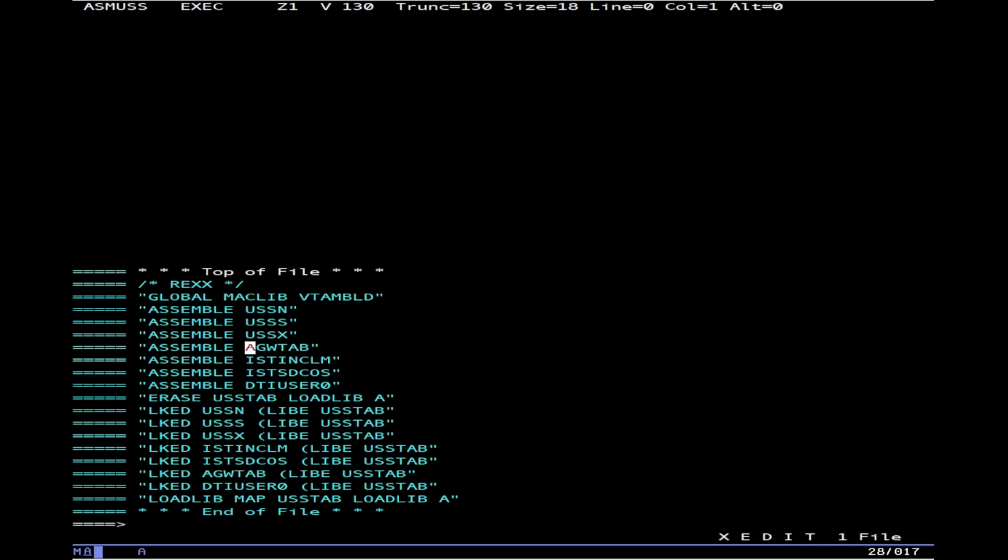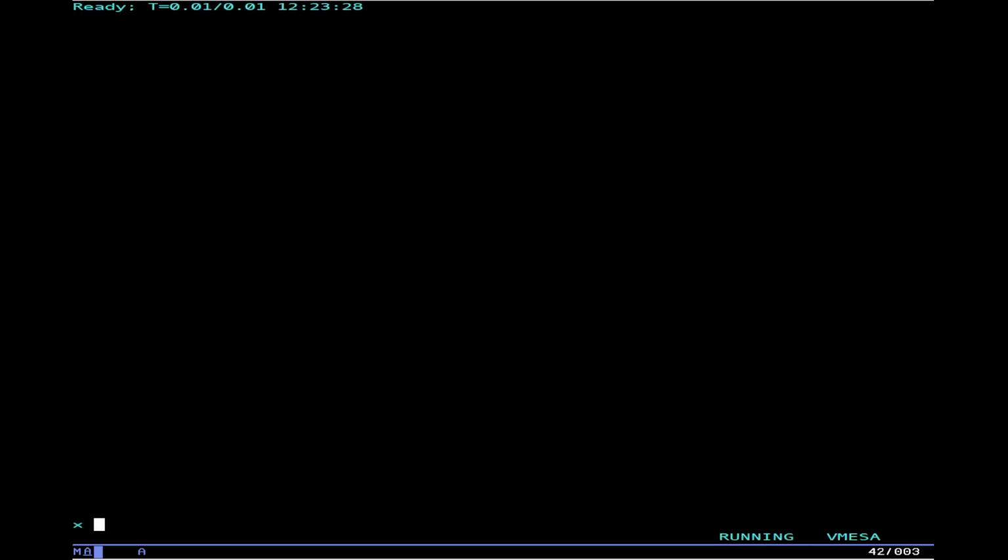Okay, AGW tab, again, rarest file in the world. I'll figure out some way to put it up there. It's an important file. Not even IBM has it anymore, apparently. ISC, ICLM, ICSCOS, DTI user 0. Okay. We're going to erase the old load lib, and we're going to link edit all these. This is how you make a load lib, by the way. You just run the link editor, and then boom, boom, boom, boom, boom, load lib map, and then this right here will tell us